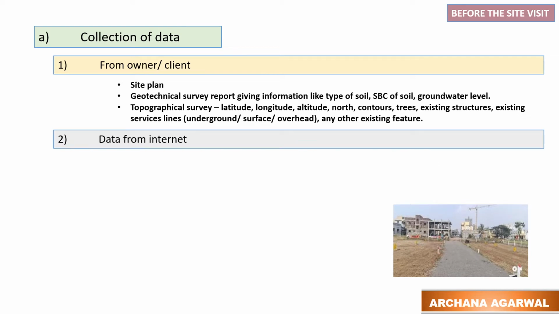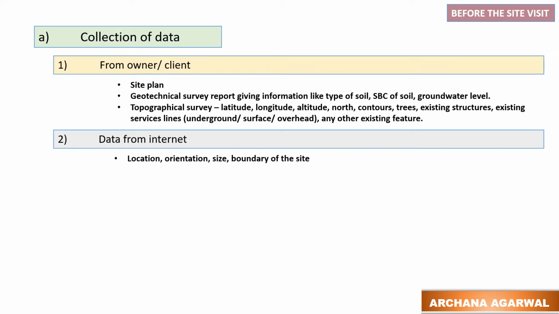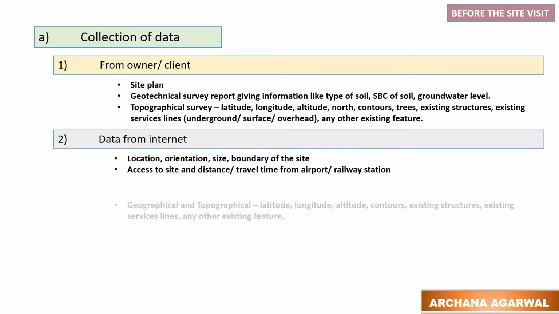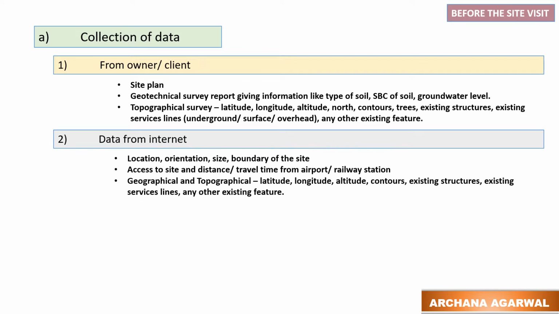Internet is the biggest source of information. The data that can be collected from internet is location, orientation, size, boundary of the site, access to site and distance from the nearest airport or railway station, geographical and topographical data,